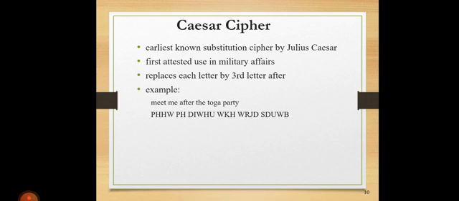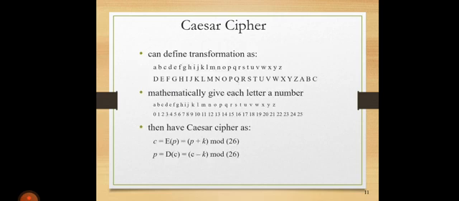In this technique, each letter is replaced by the third letter after it. For example, the plain text is "meet me after the toga party", and the ciphertext is displayed below. The operation can be done by transforming as follows: the letter X is replaced by A, Y is replaced by B, Z is replaced by C, A is replaced by D, B is replaced by E, and so on up to W replaced by Z. So 3 letters after it can be moved.